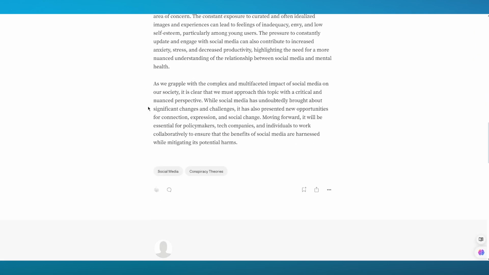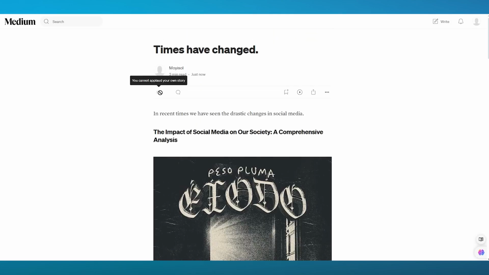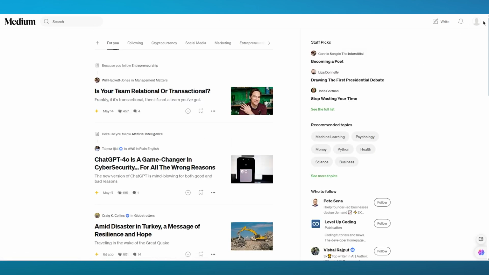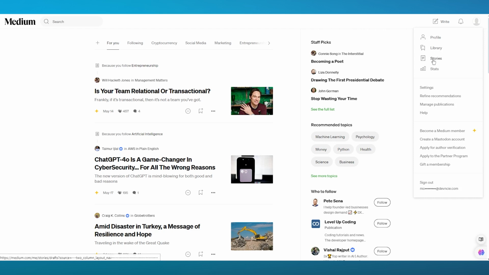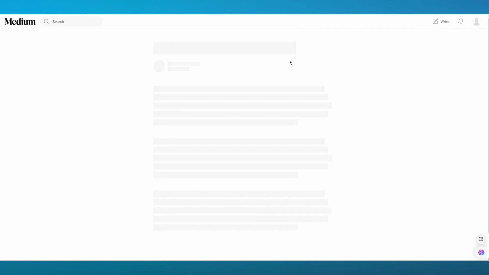So look at this. Now we have our proper story up and running, and people can actually see what we've written, in a very straightforward format. If we come back to the Medium section and go over to our account, we can go to our stories, and you can see what you have published, how many drafts you have, etc. As we can see, I have this draft over here, times have changed. You can also get responses on your stories, and you can find them here. And just as so, you can respond to other people's stories as well.